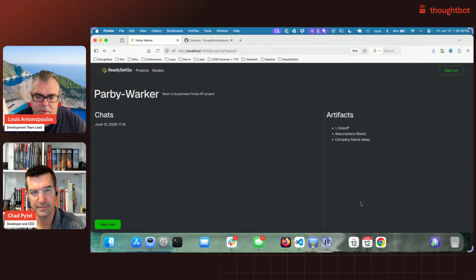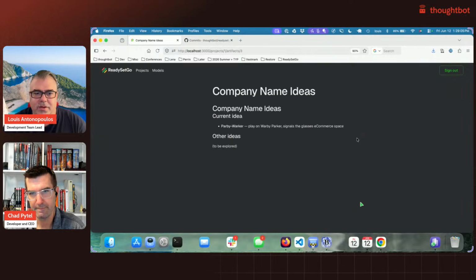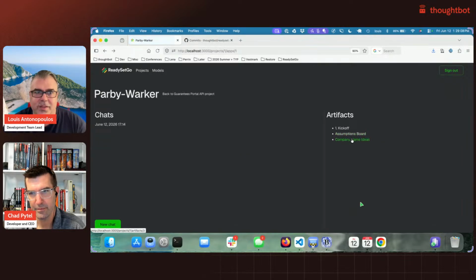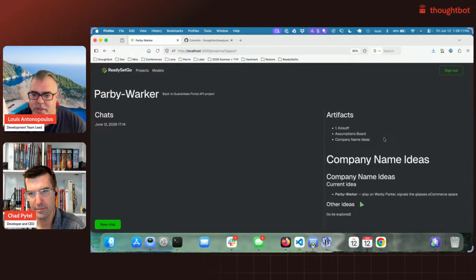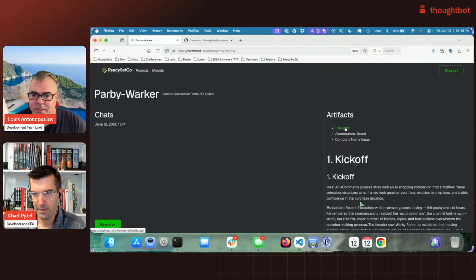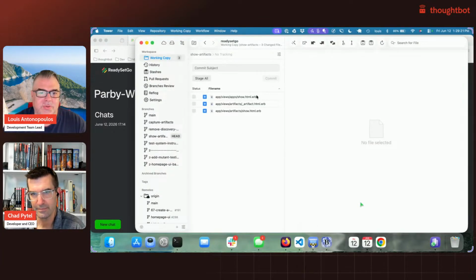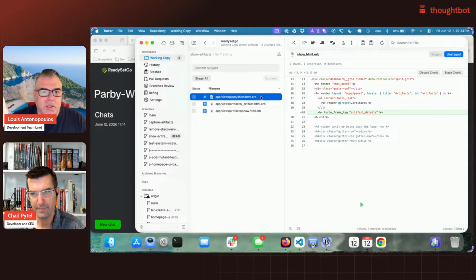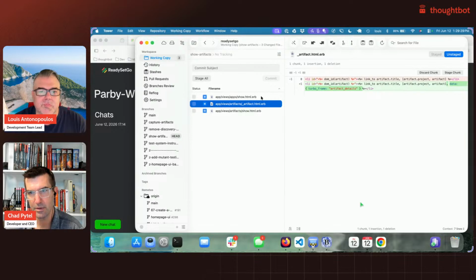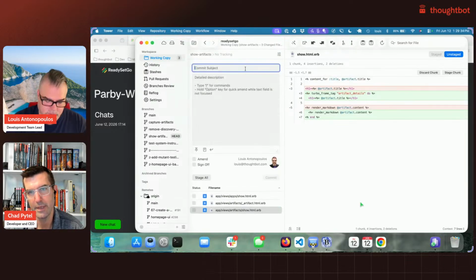Are you saying you think it did something? Let's see now. Nope. Okay. Let's hard reload here. Okay, so yeah, it's doing it. Okay, let's see what the change was. Yeah, it introduced a turbo frame to load artifacts into. Nice. And now we have the turbo frame tag, which makes sense, but it's not